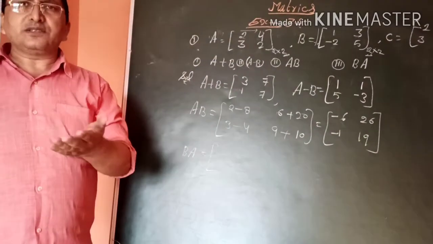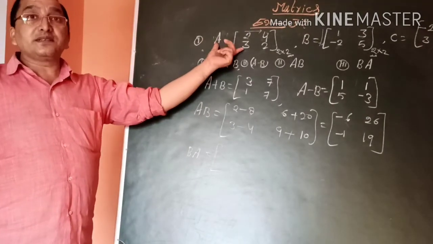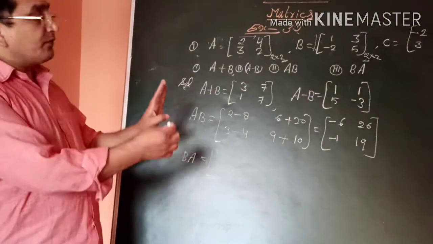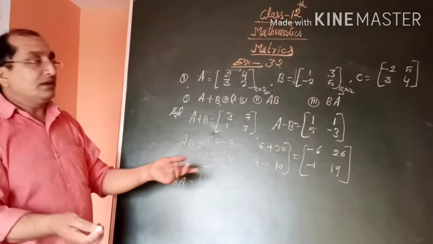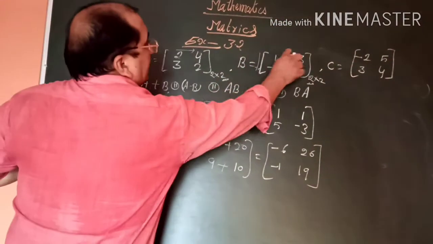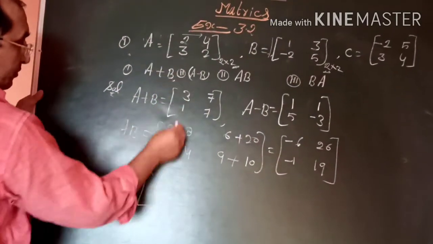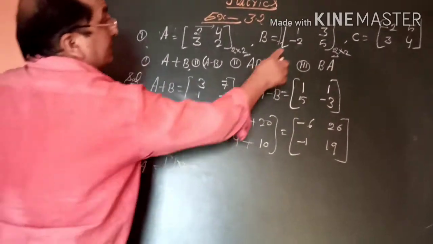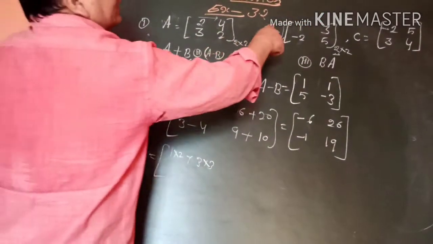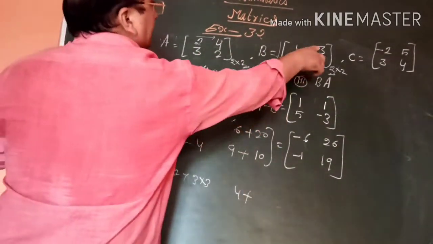And we will find BA, but some of the students have confusion, because we know that 2 3s are 6 and 3 2s are 6 also, but in the case of matrix multiplication it is not commutative. Whatever we have got for AB, if we find the value of BA, it will come different. Now see, BA, its row will multiply the column, first row with first column. 1 into 2 plus 3 into 3, first row first column, and this is first row second column, 1 4 is 4 plus 3 2 is 6.